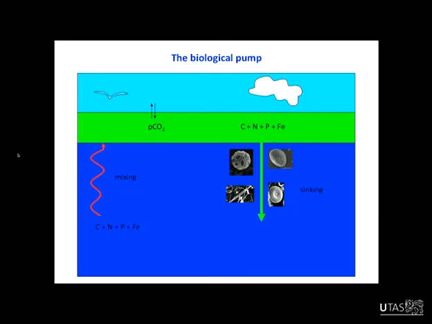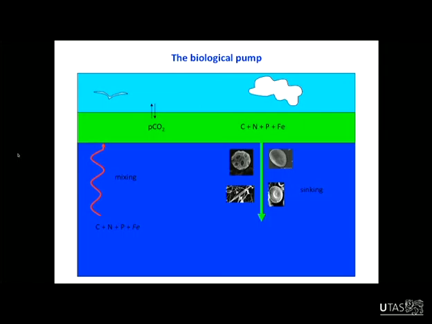If we were to try and change the efficiency of the biological pump to sequester carbon, we're really just talking about a very small fraction of that biological material that's making it into the sediments, and that's one of the impediments, I guess, for iron fertilization or any type of fertilization of the ocean as a geoengineering technique. It's only a relatively small amount of this carbon that's making it into the deep ocean and getting stored, which is where we want it to be if we're going to keep it out of the atmosphere permanently.